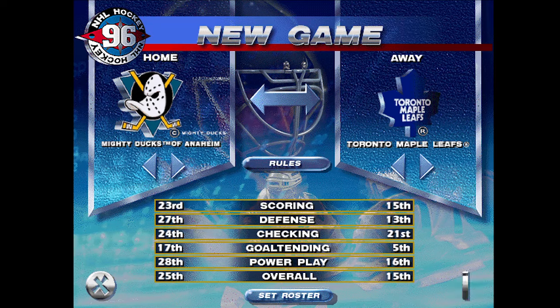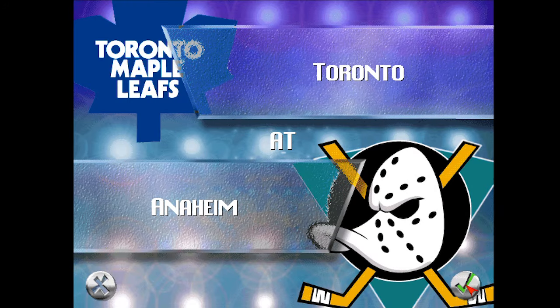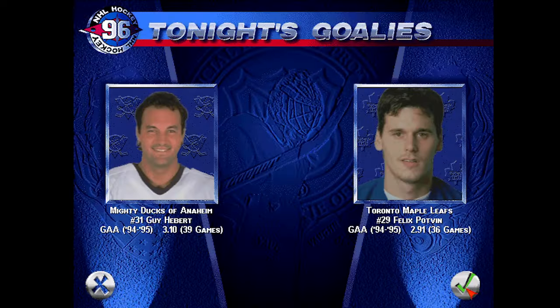We're going to play Leafs versus Mighty Ducks of Anaheim this time. I'm going to play as the Leafs with the keyboard and hope this is easier to control. Don't you love that Anaheim Ducks logo? Don't you love the 90s-ness of this? Let's just update a few things. It's pretty one-sided here. The checking's the same, but the rest of my team...